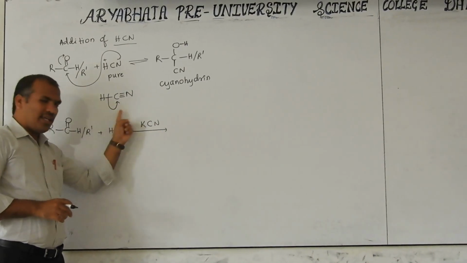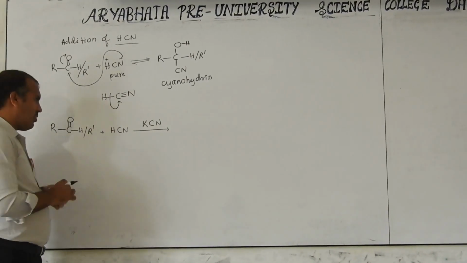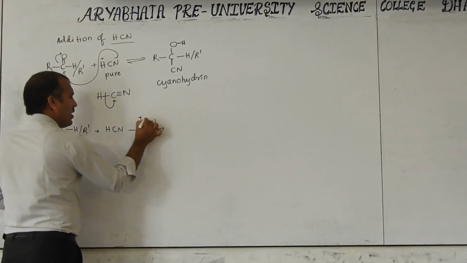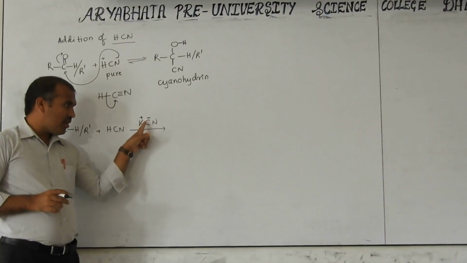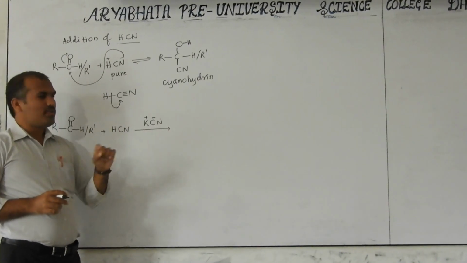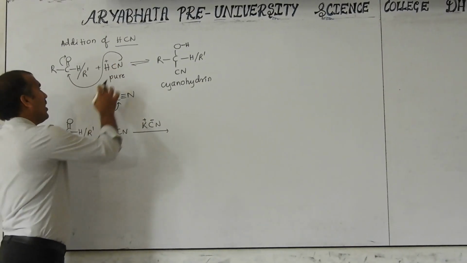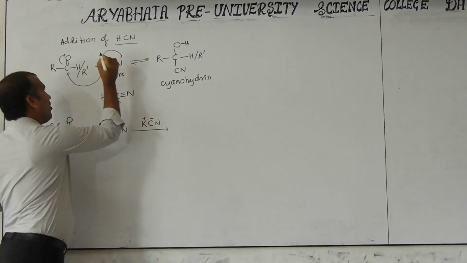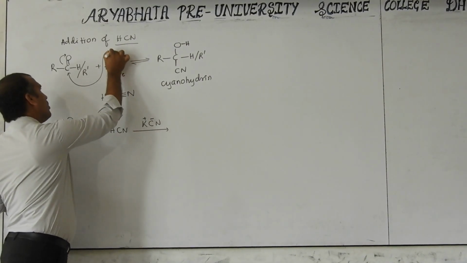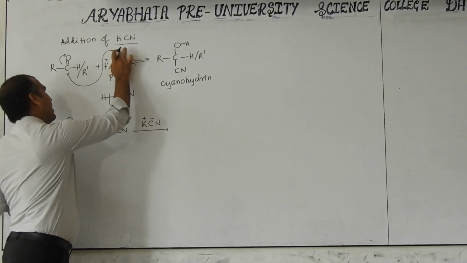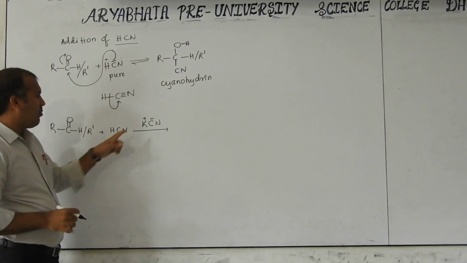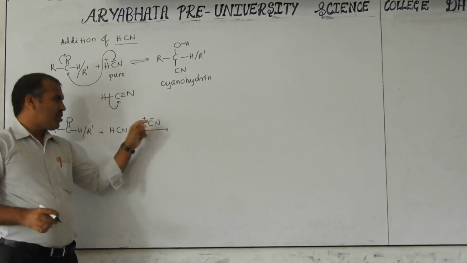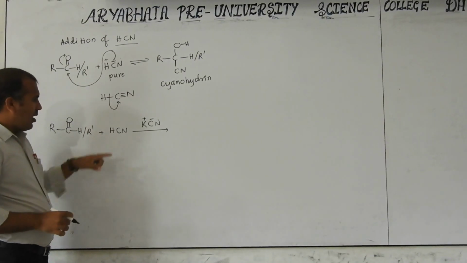If this mixture is added to this one, then it is K plus and CN minus. It means the negative charge will be on the carbon, not the nitrogen. Carefully you have to observe: the negative charge is actually on carbon, not on nitrogen, because this is cyanide. Isocyanide would be the nitrogen one, but now keep in mind the negative charge is present on the carbon.